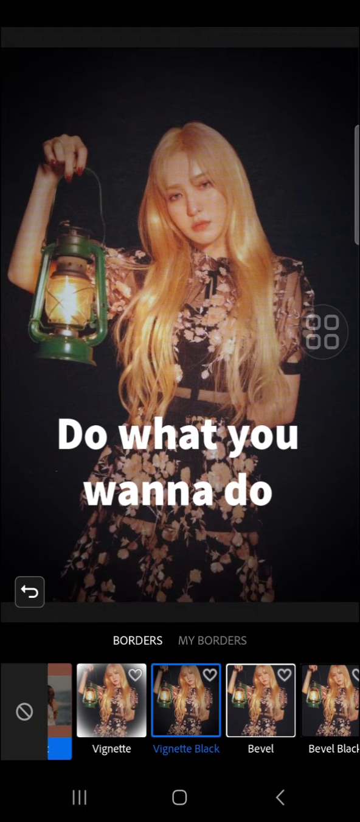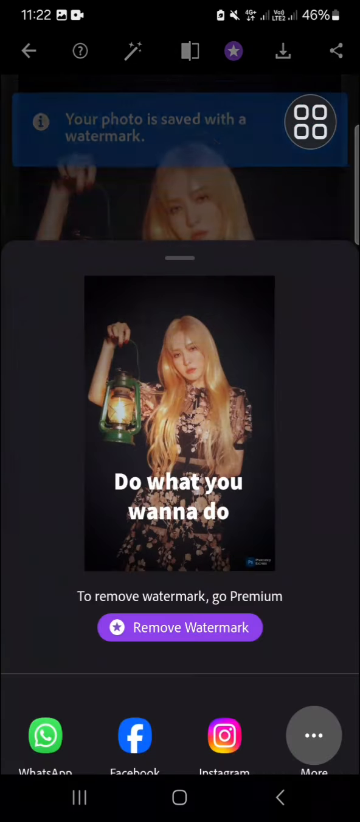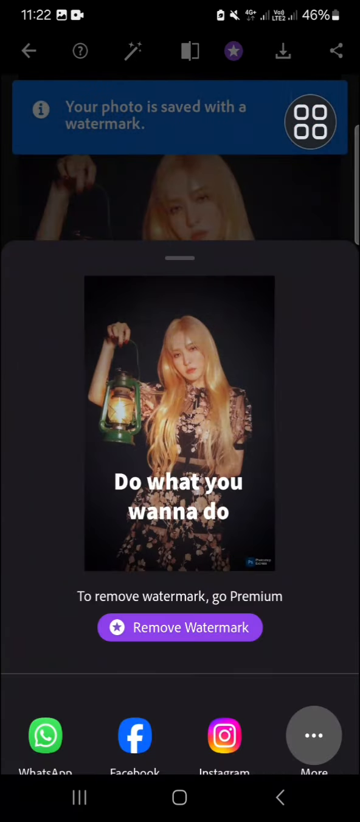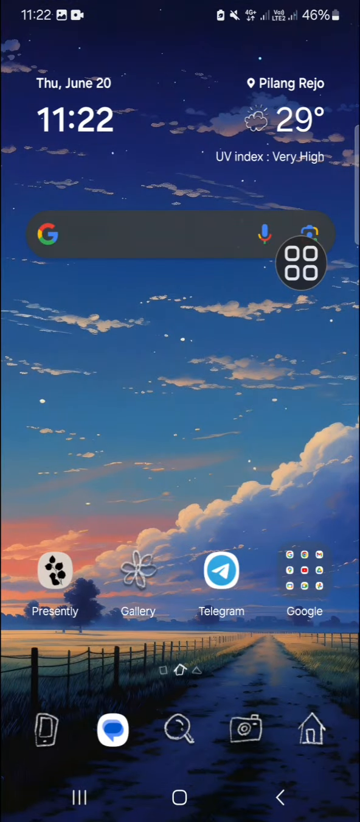the final result. Once you're ready to save your poster, you just need to click on this button to save the poster to your device. And now the poster has been saved, and that's how we can create a simple poster using Photoshop mobile